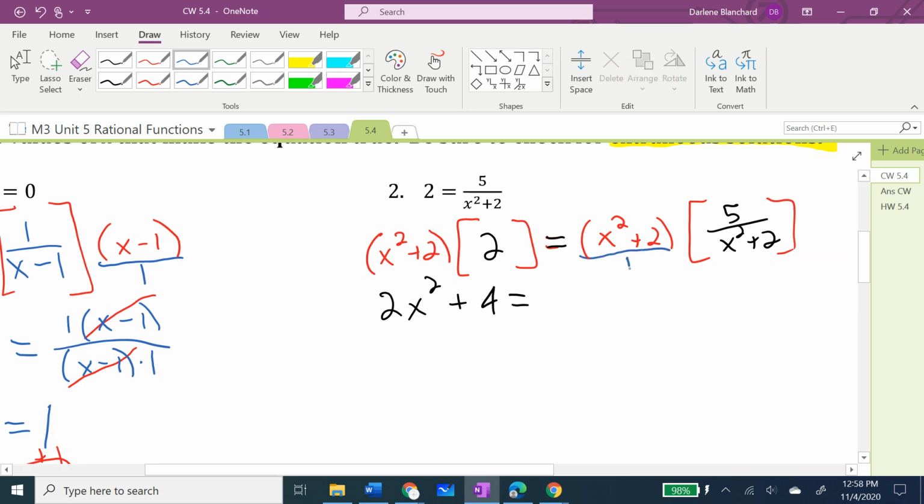This numerator that's sitting by itself is a fraction over 1. And when I'm multiplying two fractions, I multiply across the top and I multiply across the bottom. And then you should see that you have the common factor, x squared plus 2 and x squared plus 2. But for some of you, you may have seen that cancellation right away and gone straight to this step, and